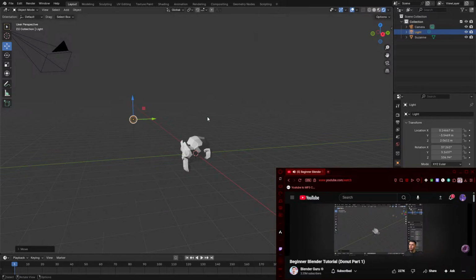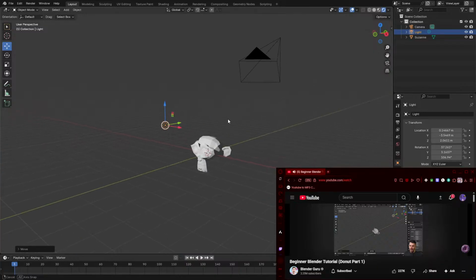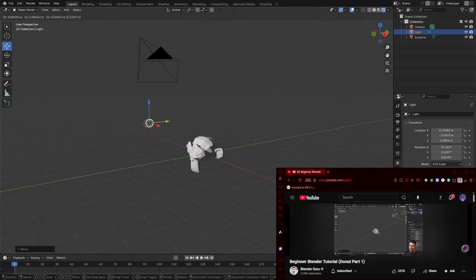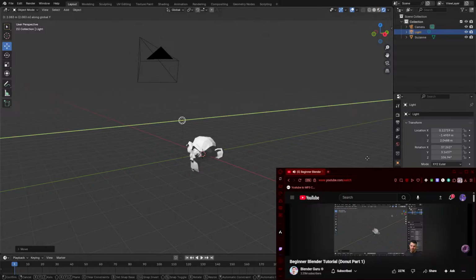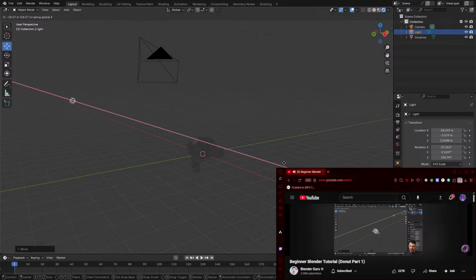But let's say I wanted to move it along an axis. Like, you know, I like these arrows here and I want to be able to move it on just a specific axis. Well, I can do that whilst I'm in that grab state as well. So after I have hit the G key to grab it, I can then tap the letter of the axis that I want to move it on. So if you don't know, in the real world and in the 3D software, there are three axes because there's three dimensions. There's the X axis, which I can move by hitting the X key. The Y axis to move it back and forth along the Y axis with the Y key, or the Z